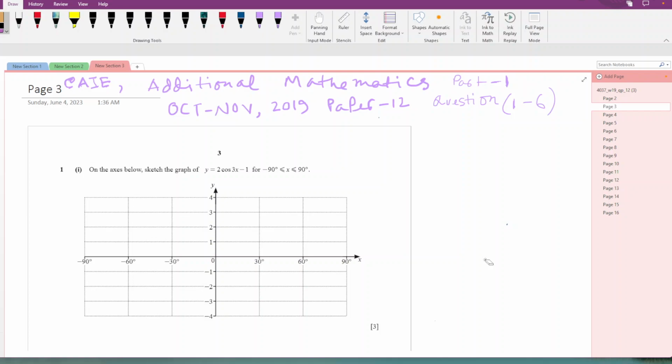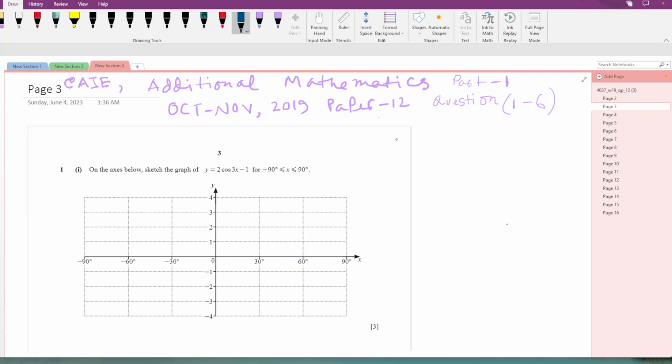At question 1, on the axis below, sketch the graph of y equals 2 cos 3x minus 1 for minus 90 degrees less than or equal to x less than or equal to 90 degrees. At first,